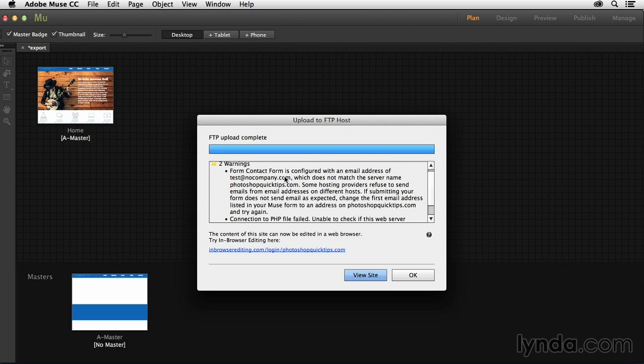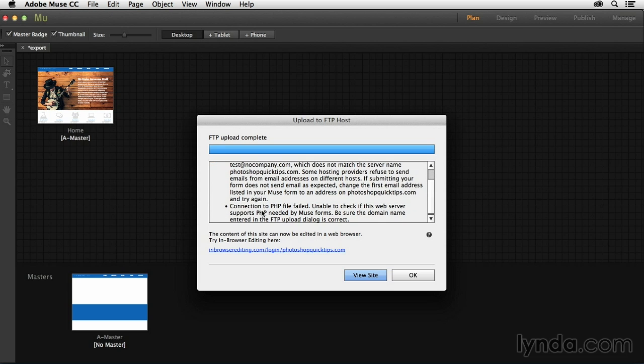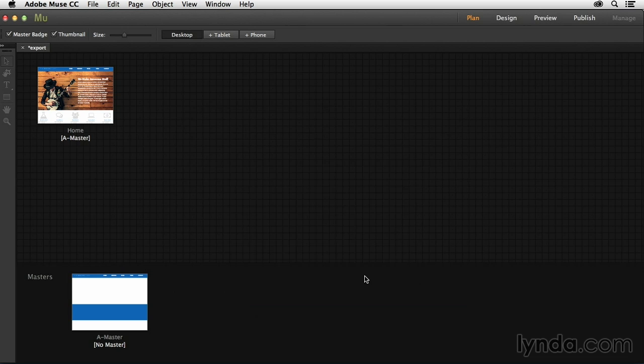One, the contact form. That's the same bug we've been seeing all along. I used a fake email address. No big deal there. Second one is a connection to PHP file failed. It's unable to check if this web server supports PHP needed for Muse forms. So this is something that I need to fix on my host end, but for now, it's not that big of a deal. So what I'm going to do is just hit OK,